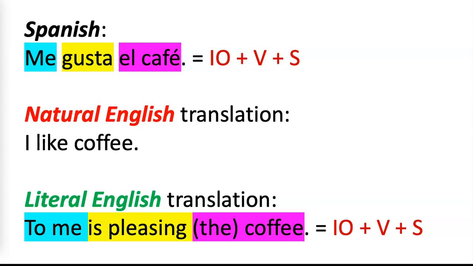Now compare the format to the natural English sentence, which is subject, verb, and direct object. This is the way most sentences in both English and Spanish are written. We start with a subject, we have a verb, and then we have something else about it. The reason the verb gustar presents problems is it is out of the natural order.